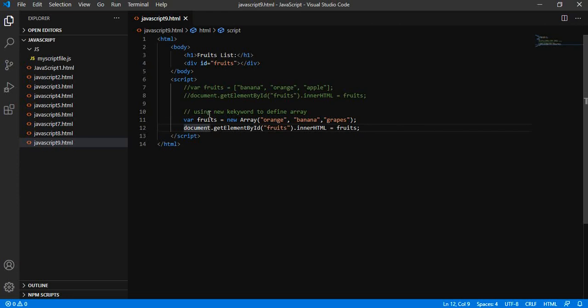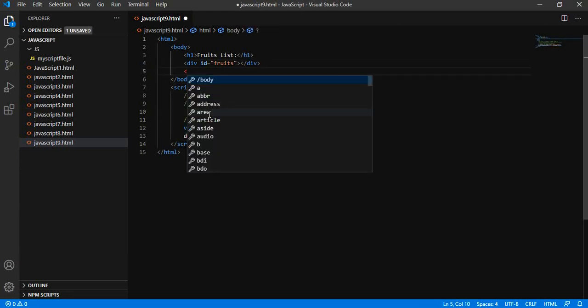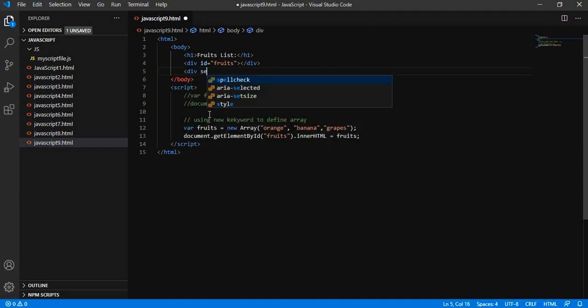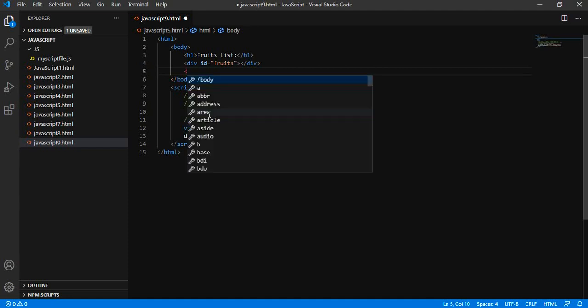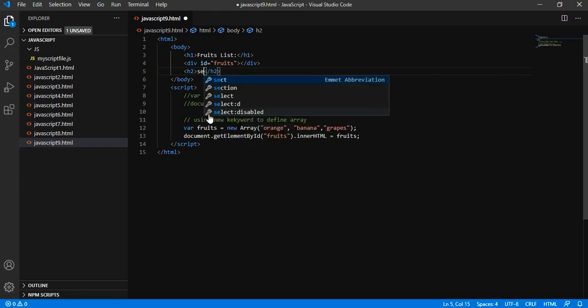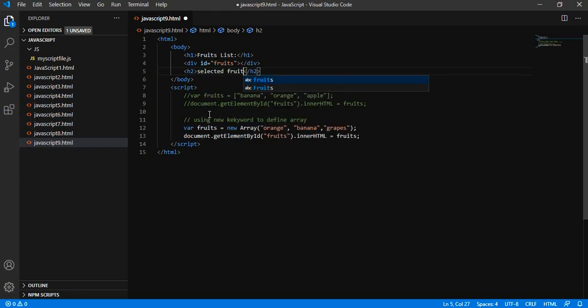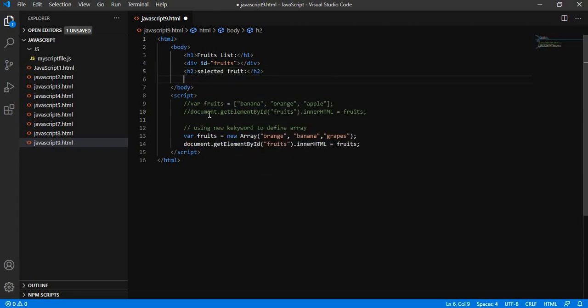Now let's see how we can access an individual value. Let's see how we can give the value of selected inside the array.